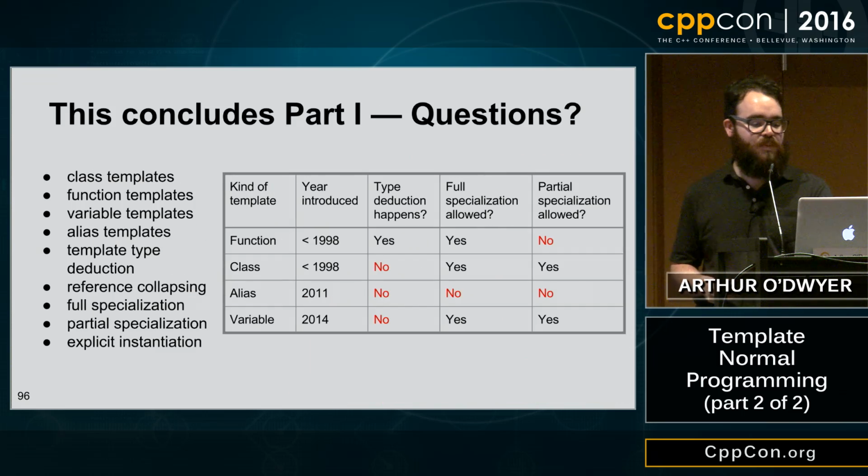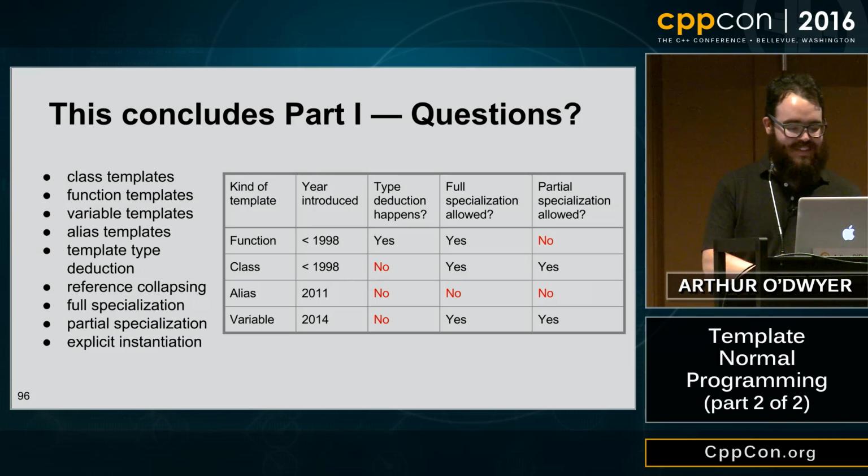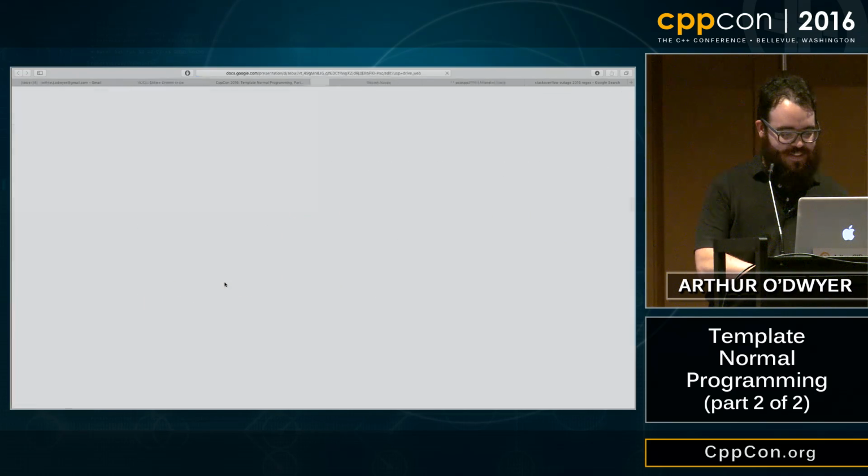Now you know everything there is to know about explicit instantiation. That actually concludes part 1. Awesome. Do we have any questions from the audience while I go to part 2? If you're lucky, you'll get an answer from the speaker while I go to part 2, which is a bigger,